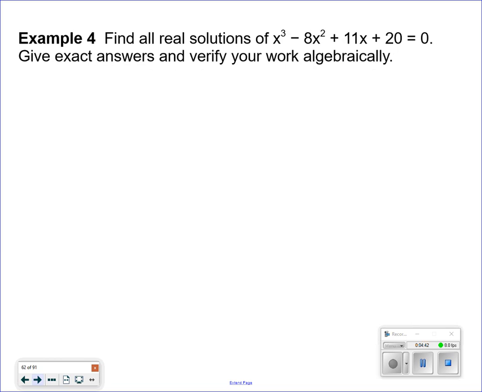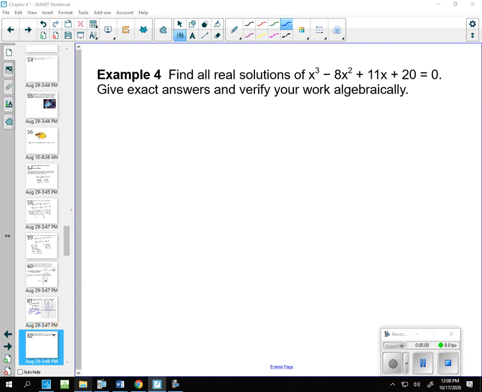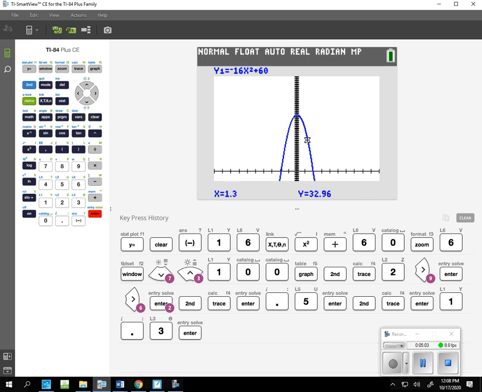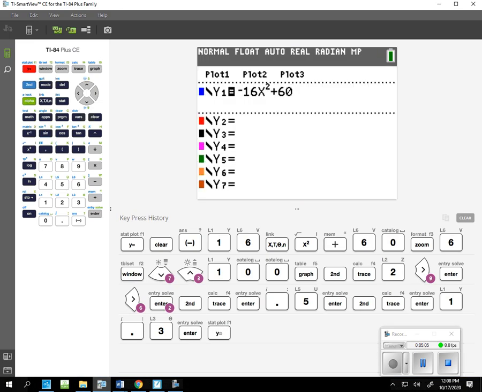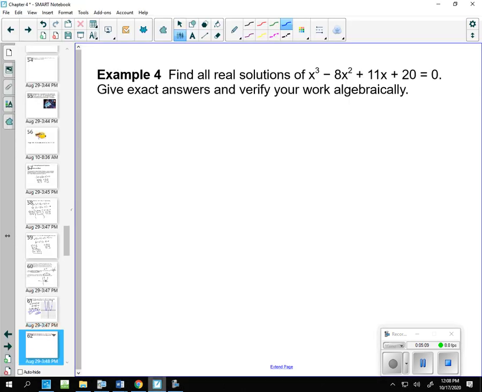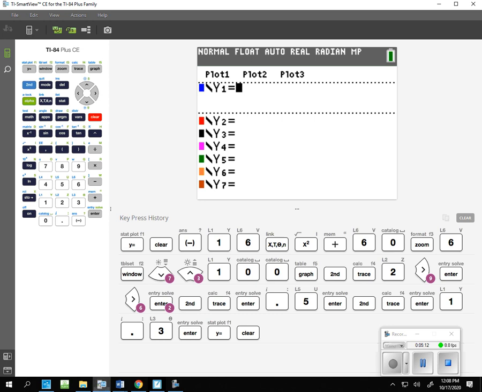All right, next one. Now, what would happen if it's not factorable? I want to solve this, but it's not factorable. We're going to teach you some more tricks down the road, but here is ultimately what you're going to do, and this is going to be important for today and for the rest of the chapter. Pull out a graphing calculator. The graphing calculator is going to be huge in this particular chapter. And I want to type in that function. I haven't typed it in already, but x cubed minus 8x squared. So x raised to the third